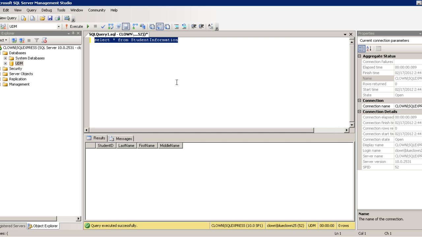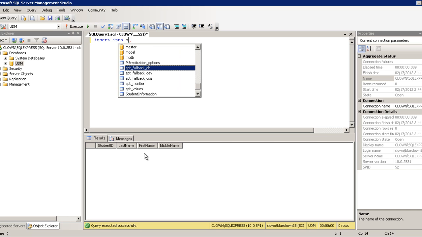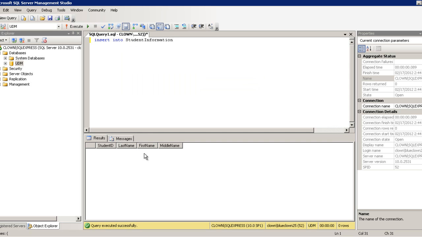And now I'm going to insert a single record in the table. To insert a record, we must type insert into space the table name, student information. Then I will not use student ID because it is auto-generated. It is an auto number.